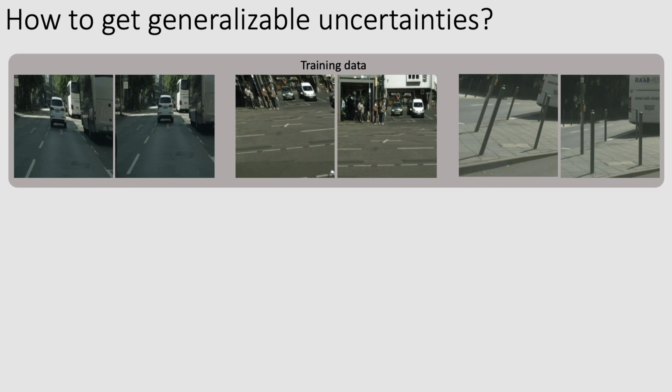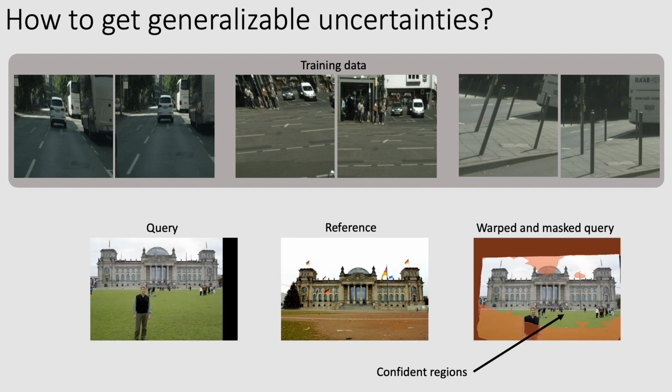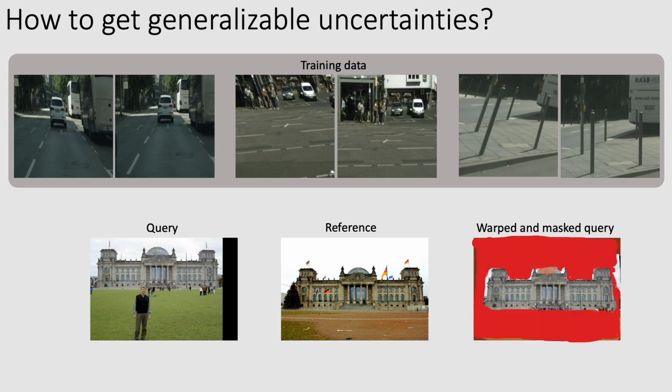Because it is difficult to obtain dense ground truth data, most methods rely on self-supervised data. The training image pairs are generated with simple transformations like here. However, for these transformations, the network learns to heavily rely on global smoothness priors and interpolation. But this strategy does not generalize well to real data. It leads to overly confident uncertainty predictions such as here in the sky or in the field. Ideally, we would like the confidence estimation to include all of these areas.